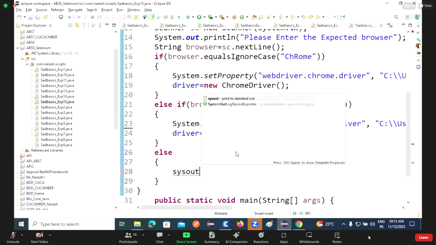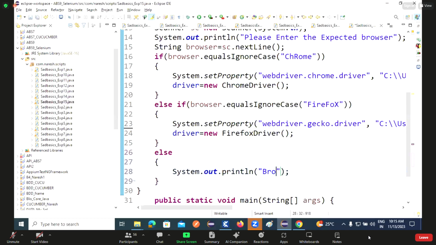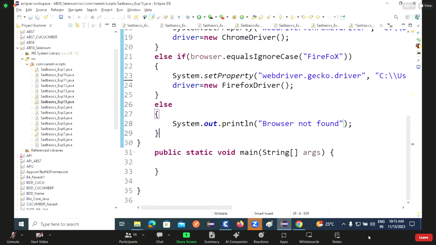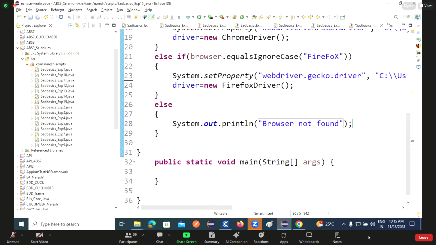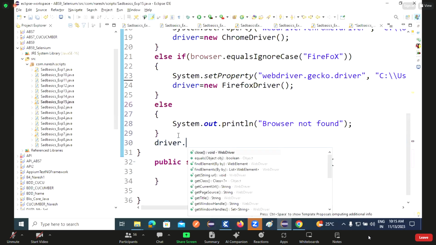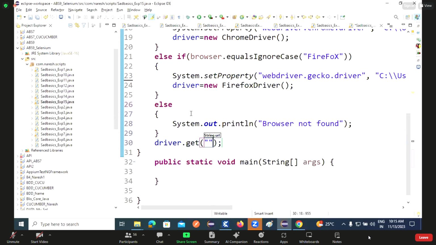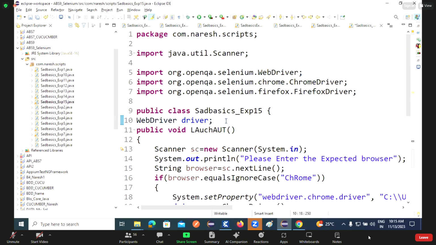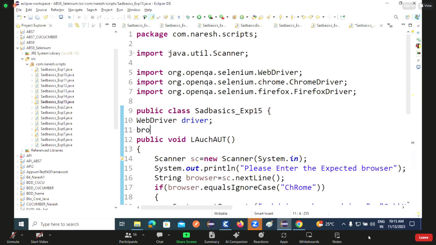System dot out dot println, browser not found. See the common method. What is the common method here? driver dot get, and I will provide here a String URL equals to